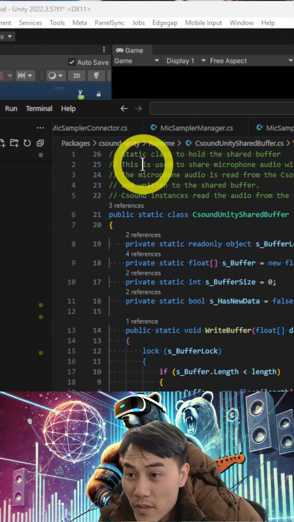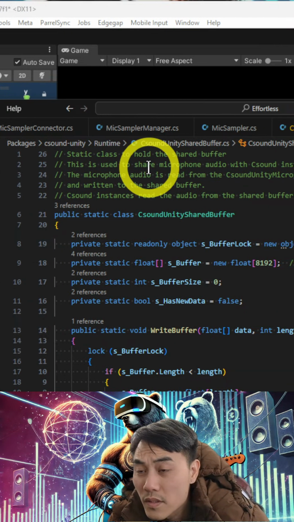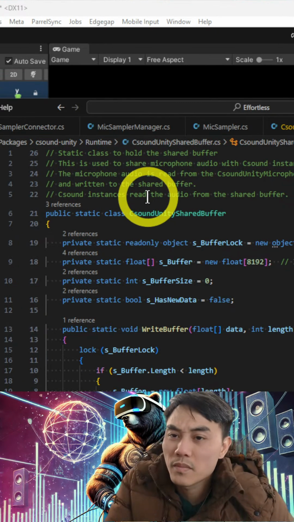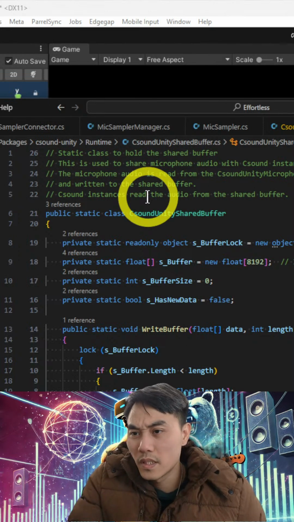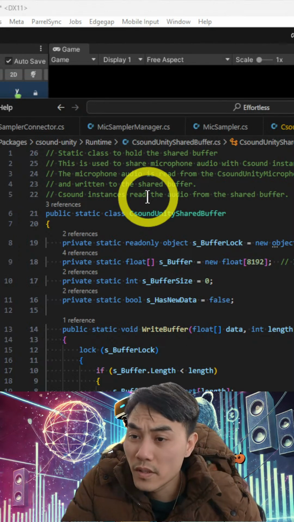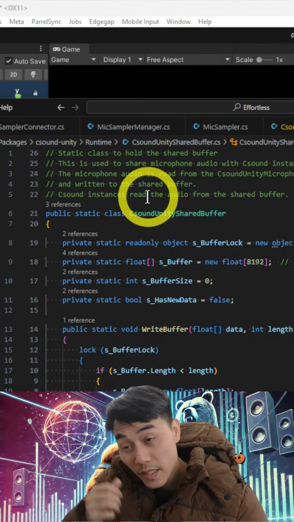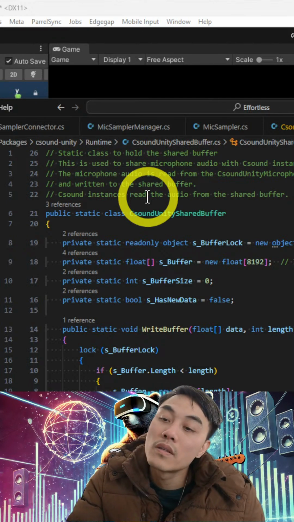To hold a share buffer, this is used to share microphone audio with Csound instances. The microphone data or audio is read from Csound using the microphone component and written to the shared buffer. Csound instance reads to. Okay. I guess we could make a copy of this and call it